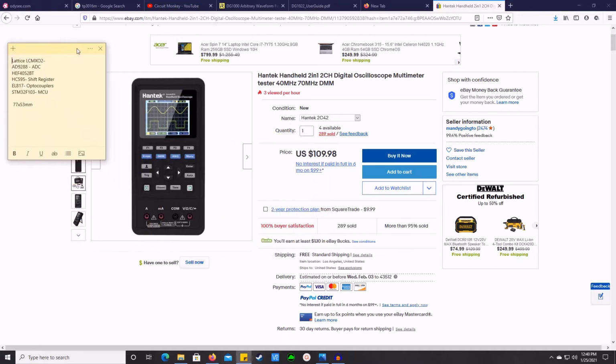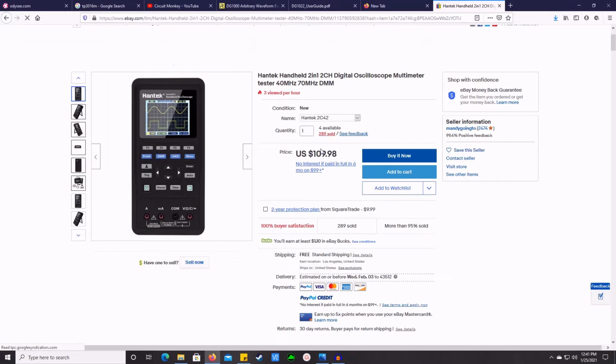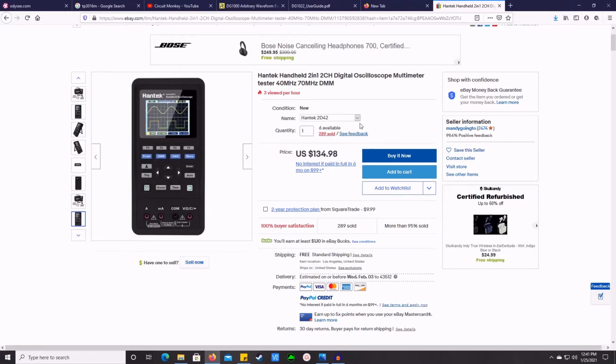But I did find this eBay listing, which says it's shipping from Los Angeles with free shipping. It has both models. So this is the C42, the 2C42, which is the one that I have. This is the D42, which was the one that I ordered, but they didn't send it. And you can see there is a significant price difference. And there's a few different functions that you're going to get on this one that you won't get on the